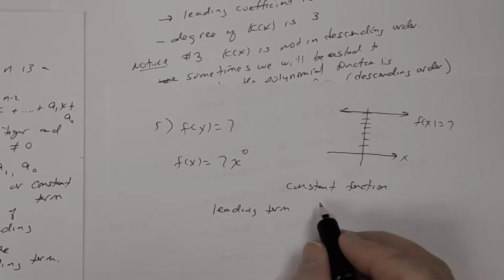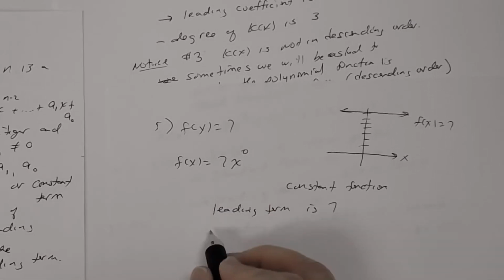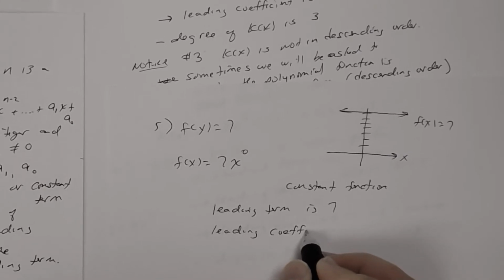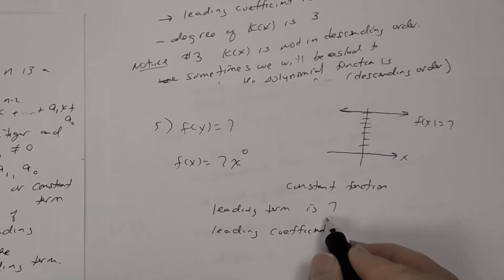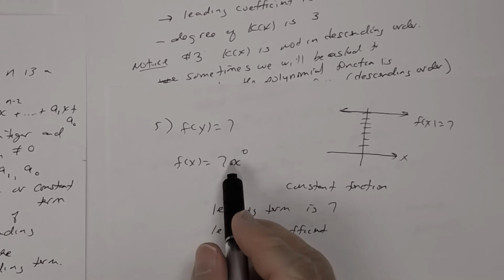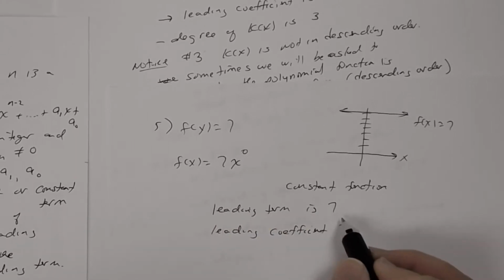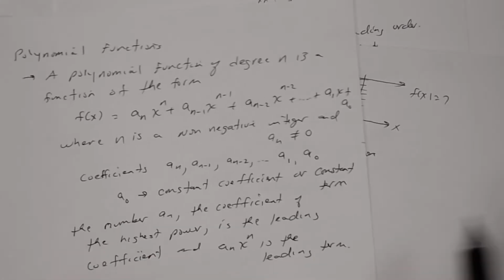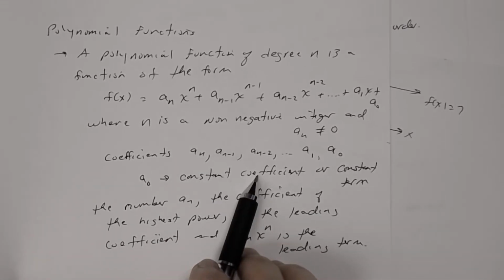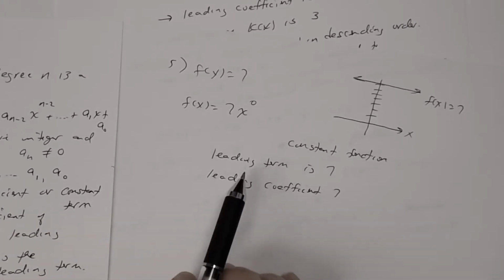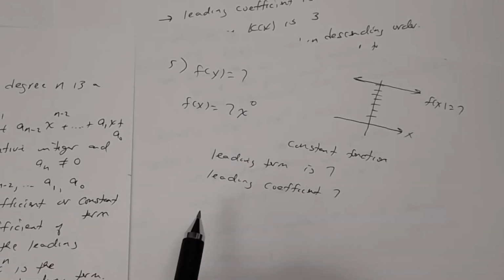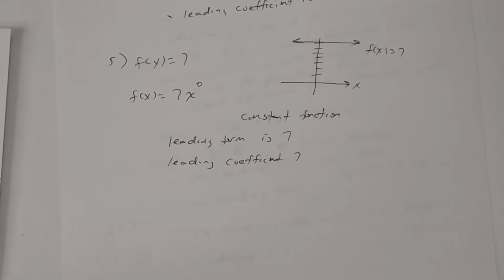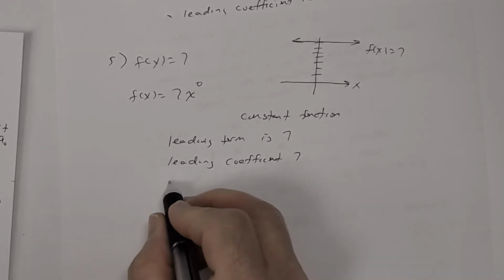It's 7. Leading term is 7. What is the leading coefficient? All right, well, the leading coefficient, if you look at this one, is 7, right? So the leading term and the leading coefficient are the same. So that's why sometimes we'll call this the constant coefficient. So even though we call this a constant term, sometimes it's called the constant coefficient. So the leading term is 7, the leading coefficient is 7, and the degree